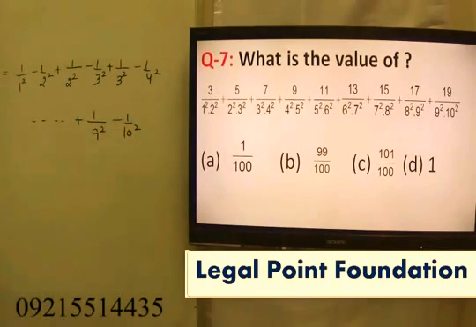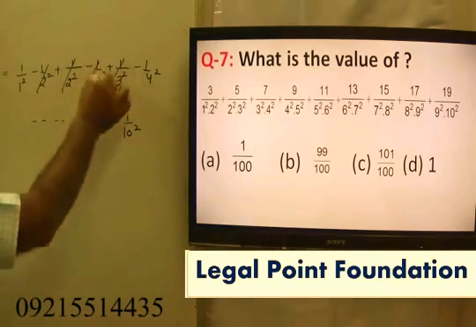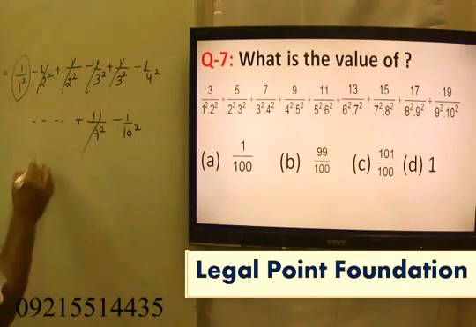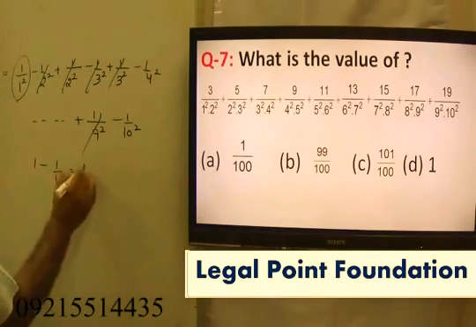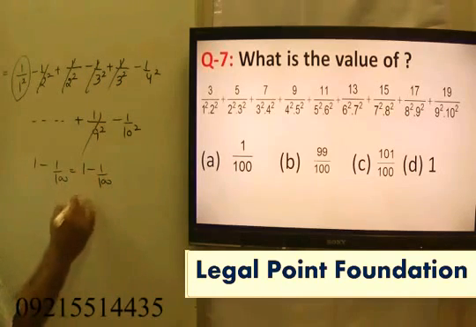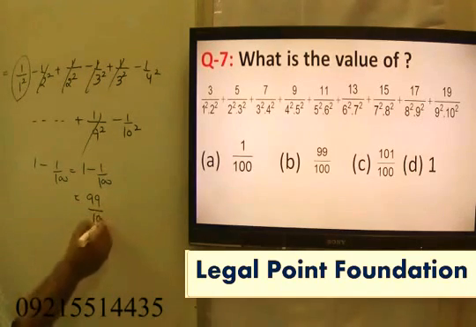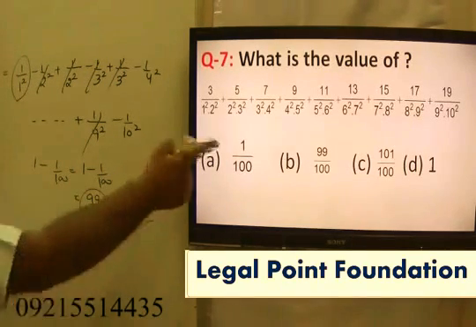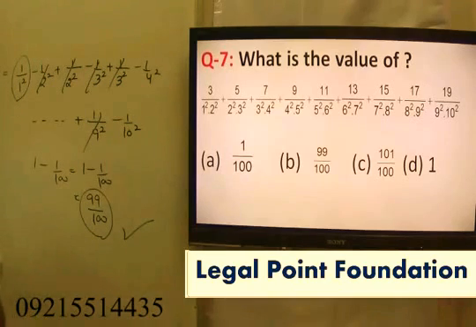Now see what happens: all alternate terms will be cancelled out. You are left with 1 minus 1 by 100, which is 99 upon 100. So the answer to your question is 99 upon 100. This type of concept can be understood in my sessions on AP and GP, in which I have taken this type and explained different varieties of questions over this elaborately.